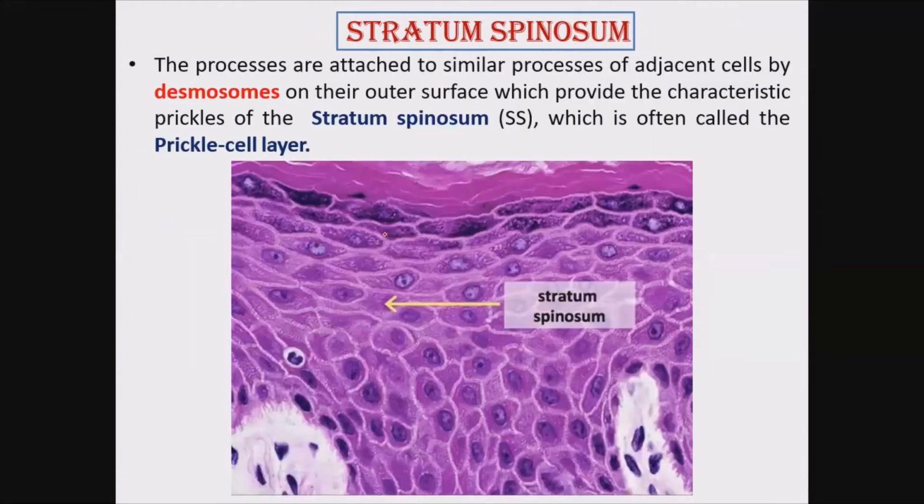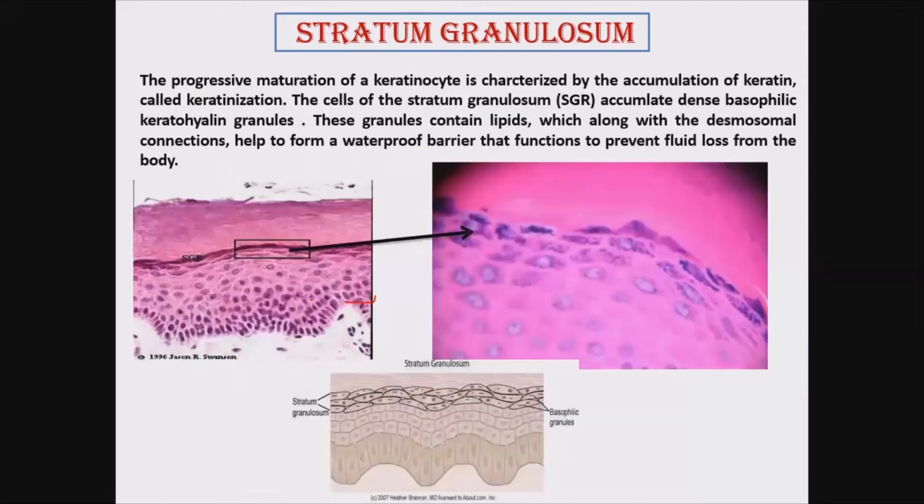Now, after stratum spinosum, as you go up, stratum spinosum is almost up to this area. As you go up, the third layer, a very important layer, we can see the granules, the darkly stained cells over here, and the shape is also more flattened. Here the cells were more polyhedral. The cell's shape is more or less polyhedral here. Here it is more flattened as we are going towards the surface.